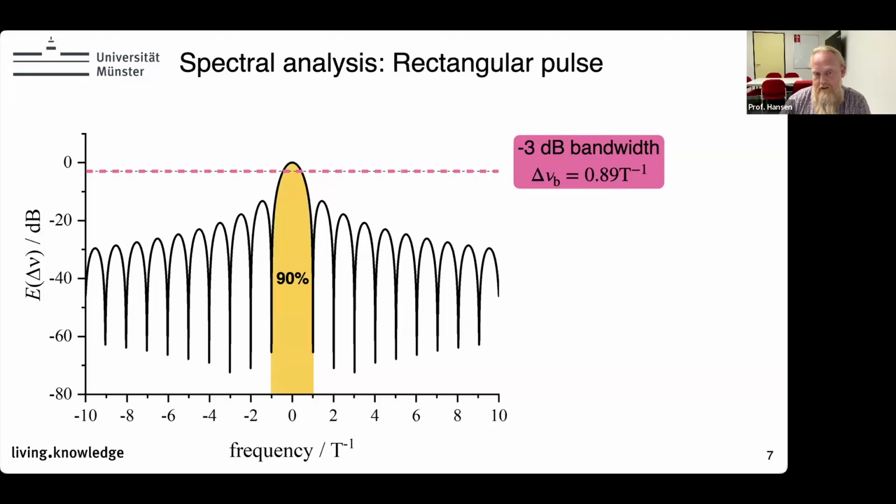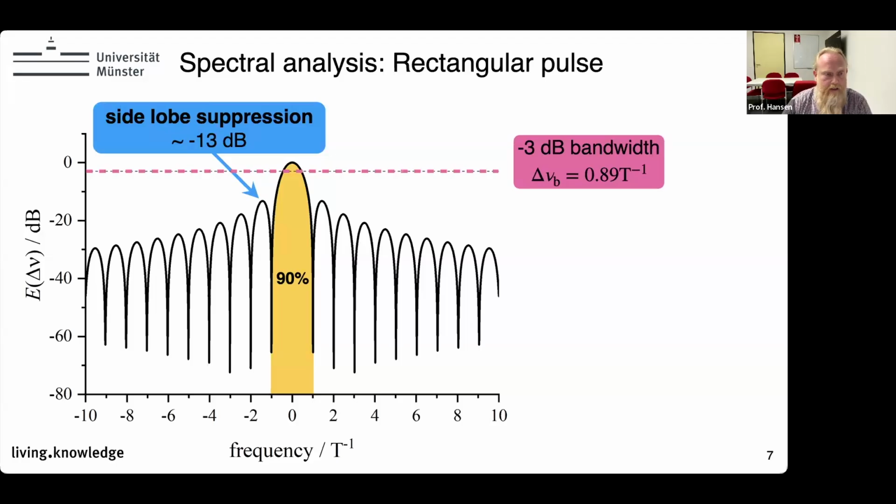What turns out is that if you analyze this, only 90% of the power frequencies are in this main lobe here. The rest are simply smeared to the outside of this region. That means that if you use a rectangular pulse, some frequencies are also present out here. This is sometimes what you see as reflection at the spectrometers, because the tune is of course tuned to a